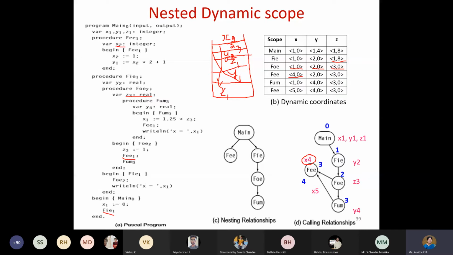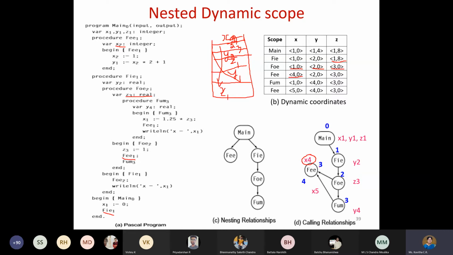That is the difference between the static and the dynamic. In case of static, I would have used 2 as a level number. But in case of dynamic coordinates, I will use the level number as what? It is 4. Even though my name says X2, I will insert 4 only as the level. So it means that it is not X2 actually. It is actually X4 according to my dynamic coordinate system. And only X has been redeclared inside phi. Therefore, I will use the offset as 0 only. So I just use the offset as 0.